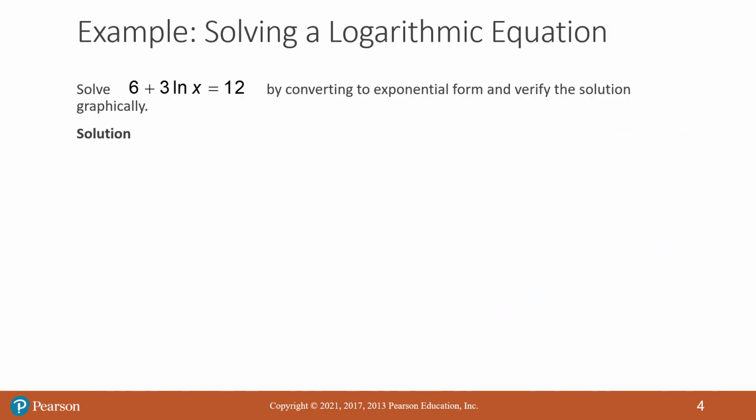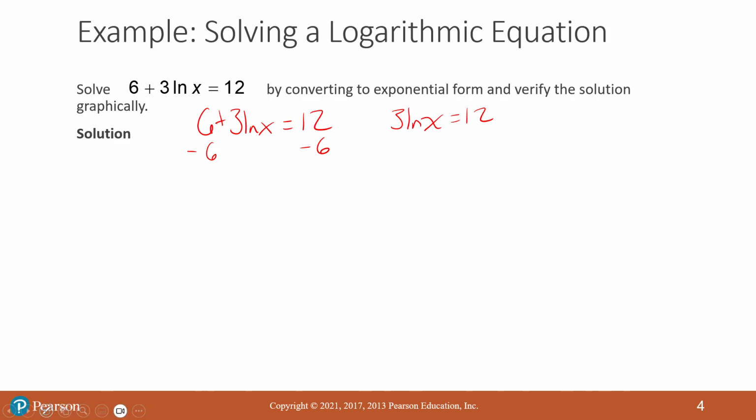Now let's look at this function. Okay, here we have 6 plus 3 natural log of x equals 12. I want to solve that by converting to the exponential form and verify the solution graphically. Alright, so 6 plus 3 natural log x equals 12. Got to isolate the logarithm here. It's a natural logarithm, but we still need to isolate it. So I'm going to start out by subtracting 6. This is going to leave me with 3 natural log of x equals